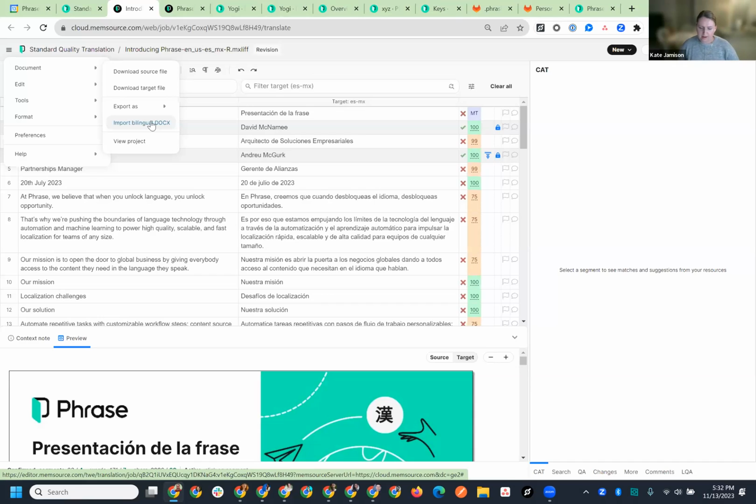Is it recommended to use Phrase as a revision tool for single language documents? Should we opt for a different tool for that? So a revision tool for single language documents, I would say that Phrase really shines as a translation tool. So multilingual scenario. If you're talking about maintaining and managing your source, we look towards other systems to maintain the